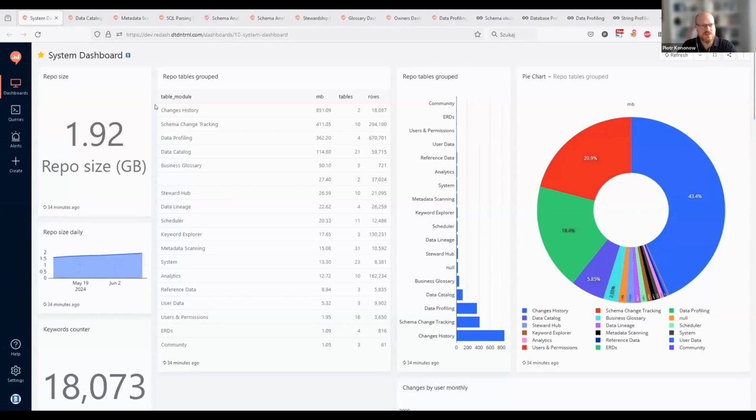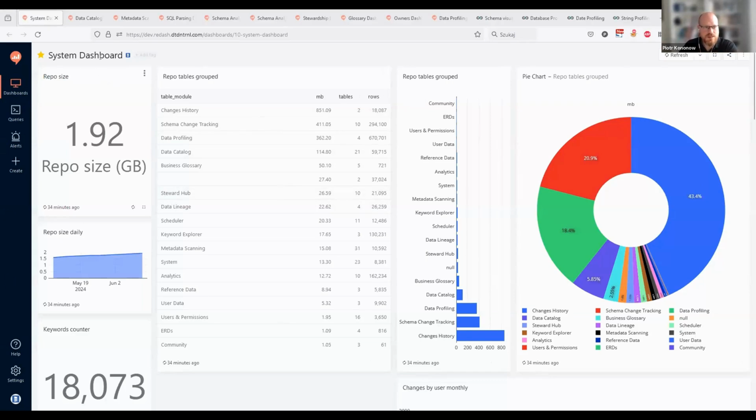Okay, I'm going to share prototypes that I built with two tools. One is Redash, and the other one is Superset. These are open source dashboarding solutions. I expect we can build something similar in Dataedo. So in Dataedo, you would be able to add a number of customizable dashboards and a number of predefined dashboards.